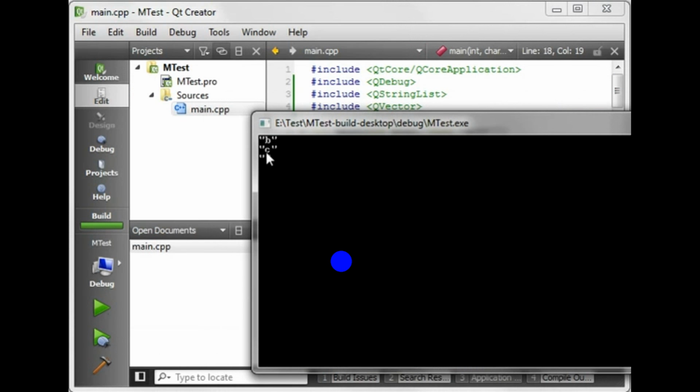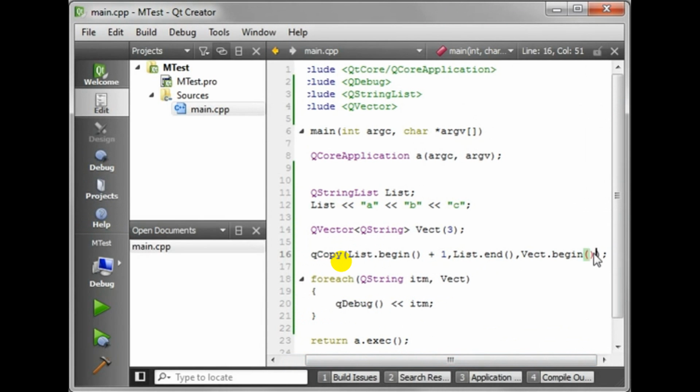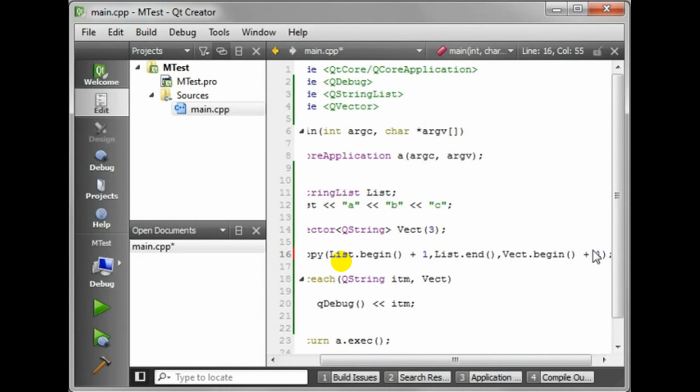B, C, that's how that works. You can also do the same by saying start copy